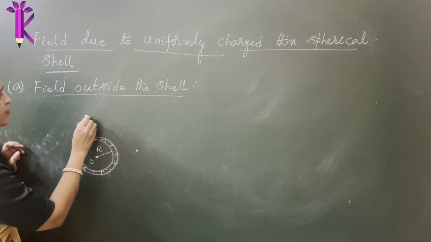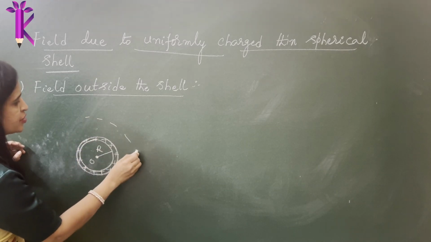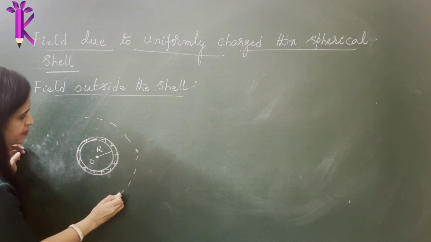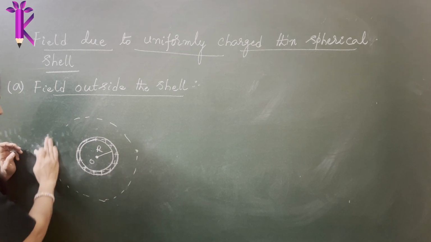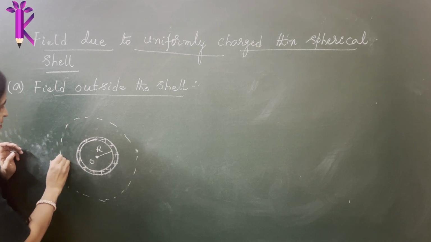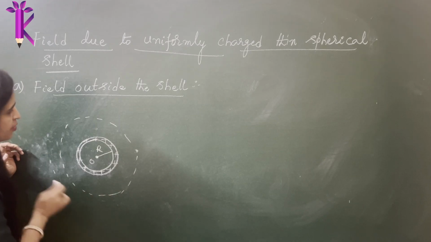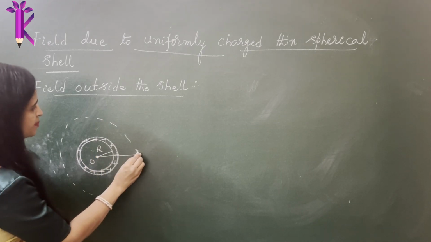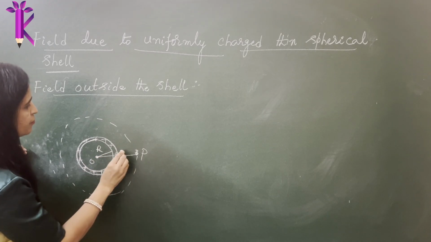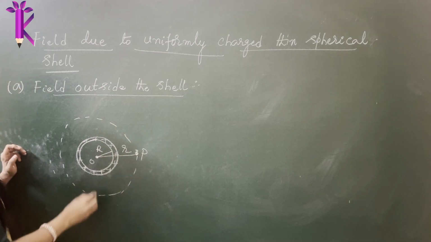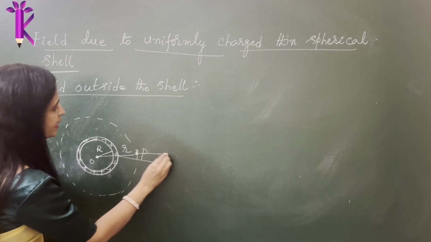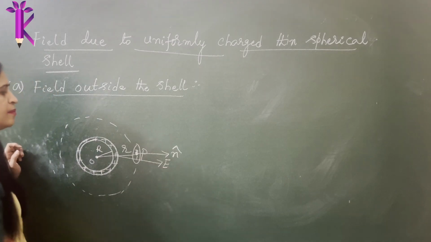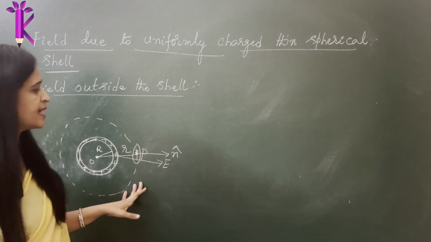So the best thing is we assume a spherical shape outside of the shell. This doesn't look symmetrical, so let's make it look symmetrical. Let this be of radius R somewhere here, where you are calculating. This is of radius R. You see the electric field vector also points in this direction, and the area vector, if you take any area, the area vector also points in the same direction. Delta S also points in the same direction.